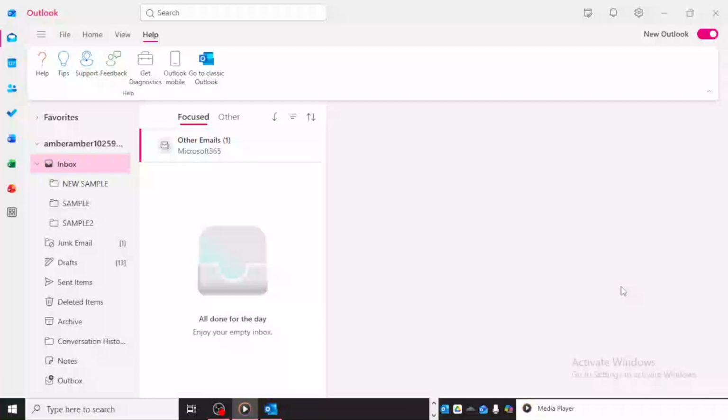In today's video, I'm going to teach you how to change email composing format in Outlook. If you want your emails to appear a certain way when you write them, Outlook gives you a simple setting to control that. This is useful because the composing format affects how your message looks to the person receiving it and how much formatting you can use while writing.